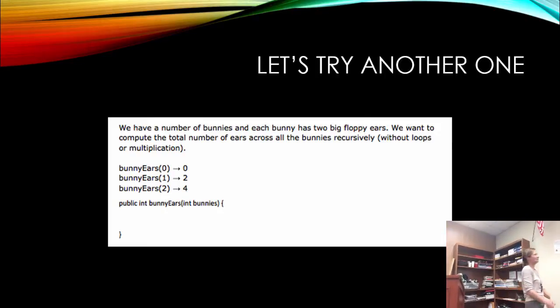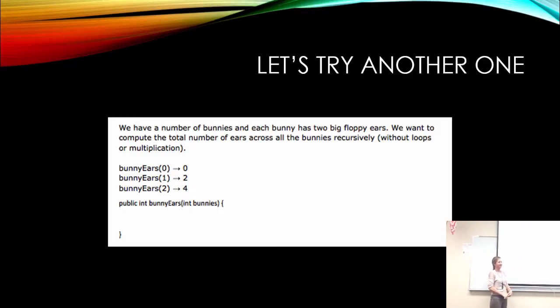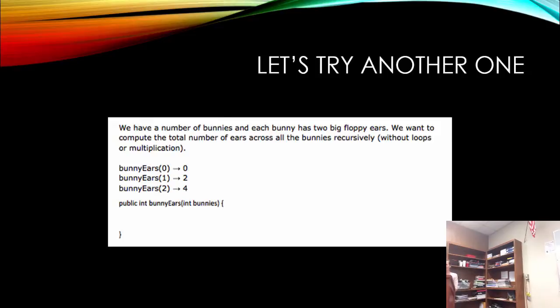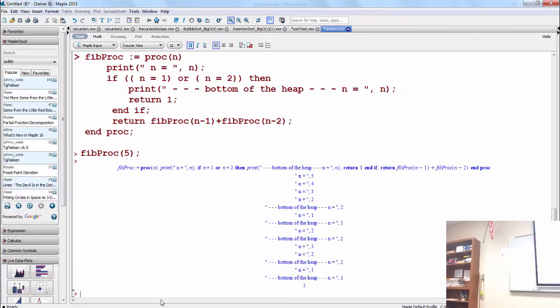So what's our base case? 0 bunnies have 0 ears. It could either be 0 bunnies, 0 ears, or 1 bunny, 2 ears. This base case could be either, because if we add in 0, who cares about 0, right? But we should make it work for 0, so we will make our base case 0. That way, if someone does send us 0 bunnies, we can tell them 0 ears. So how do you write something like this? You think of your base case, and you write it first.